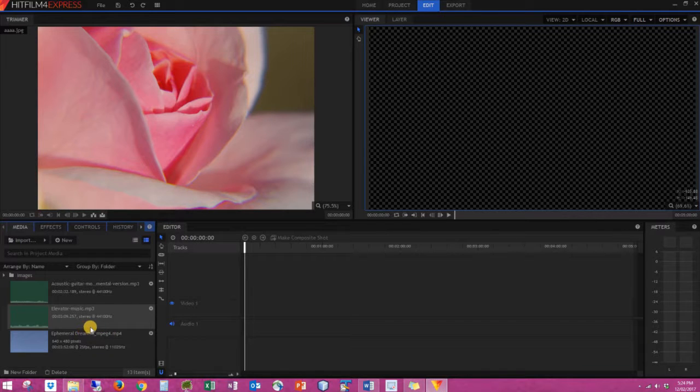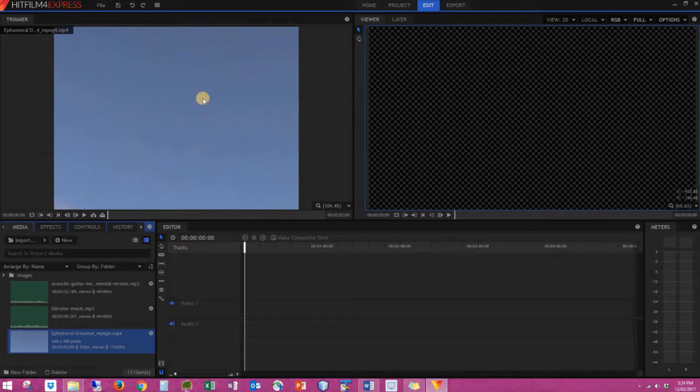Rightio. So we're going to start with showing how a video can be used. We have our video here, Ephemeral Dreams. Now there are two ways to edit this video. The first one is to double click and it will open up in our preview box up here, or the trimmer box as it's called, and you have a little line here that you can drag